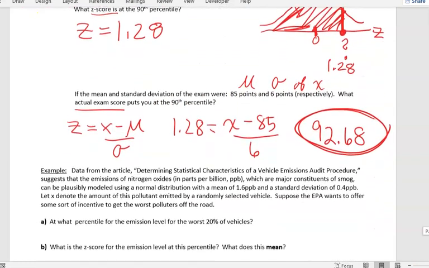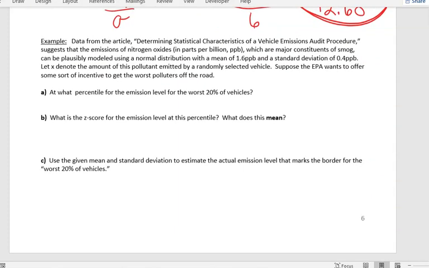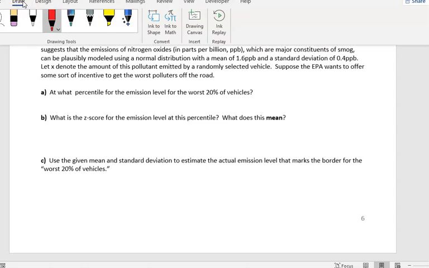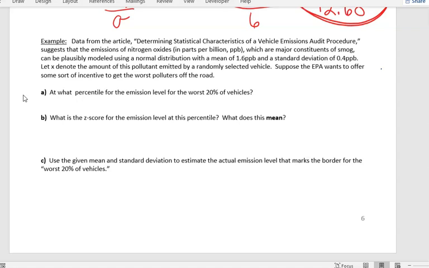Okay, so I have another example. It says determining the statistical characteristics of vehicle emissions: audit procedure suggests that the emissions of nitrogen oxides, in parts per billion, are major constituents of smog. It can be plausibly modeled using a normal distribution with a mean of 1.6 parts per billion and a standard deviation of 0.4 parts per billion. Let X denote